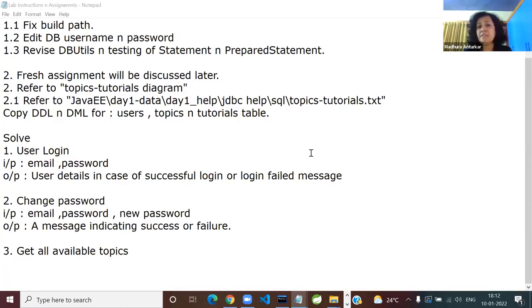Prepared statement PST1 is equal to, what will be the RHS? Which is the method? You get the prepared statement from which interface? Connection. So cn.prepareStatement, exactly. And in goes the query, which Sumit, I guess, had already given us. Select star from users where email equal to question mark and password equal to question mark.